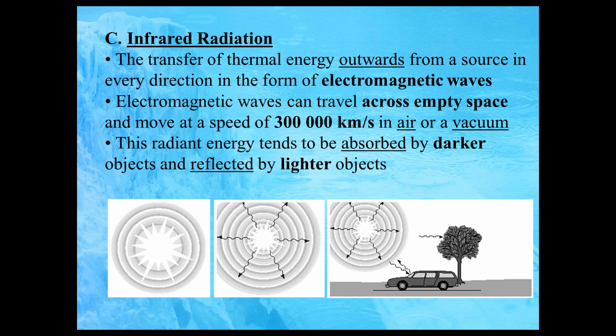This infrared radiation tends to get absorbed by darker objects and reflected by lighter ones. I don't know if you ever had the misfortune of getting into a vehicle on a really, really hot summer day where it's plus 30 degrees and the seats are all black leather, and the instant you touch it, it burns. And that's because surfaces that appear darker, like black surfaces, tend to absorb all of that infrared radiation, which is why it's so hot when you touch it. Lighter objects, like objects that appear white in color, they tend to reflect that